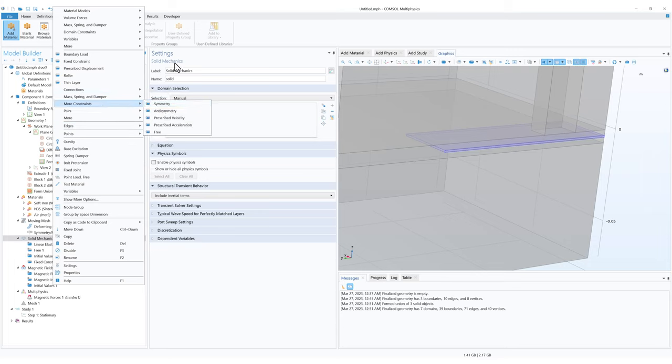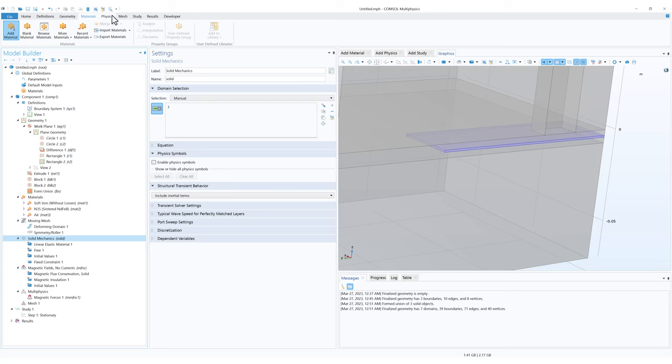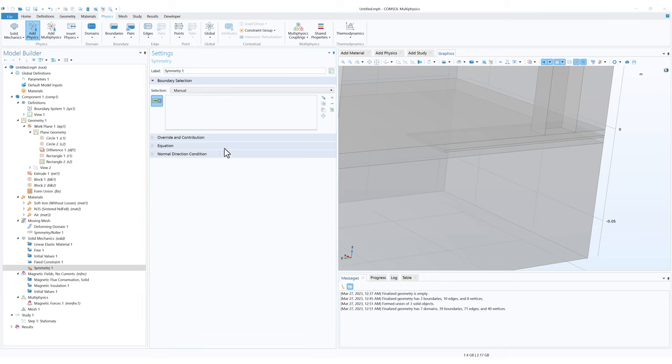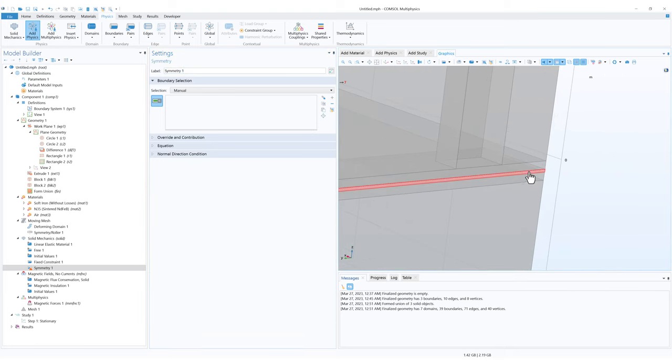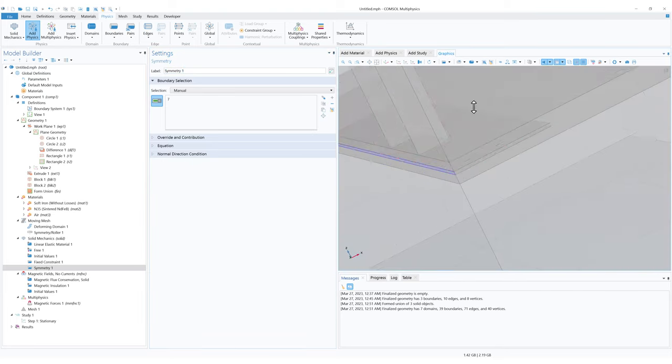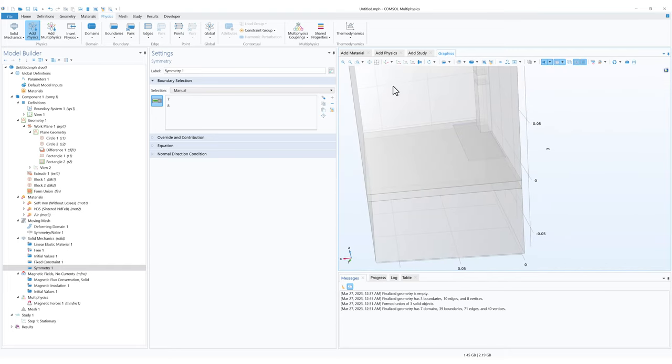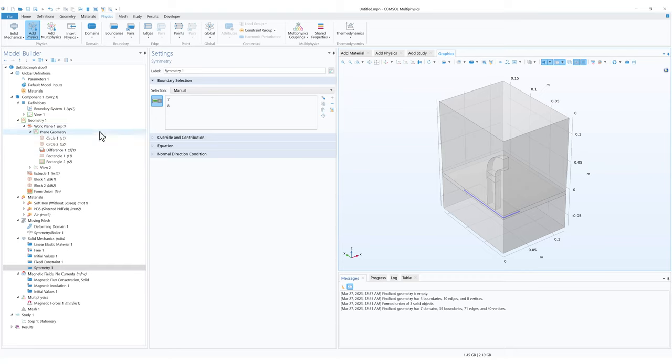You have to click on symmetry, or what you can do, you can go on to physics, inside of physics go on to boundary and then choose symmetry. So let us add the symmetry planes. Just zoom in and select these two. So now that we have set up the solid mechanics,